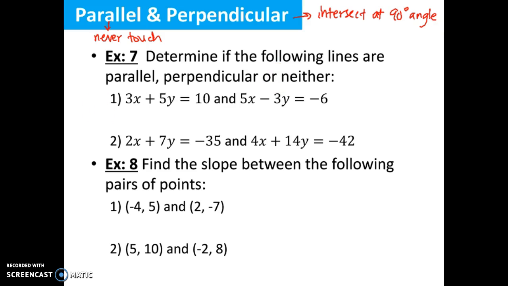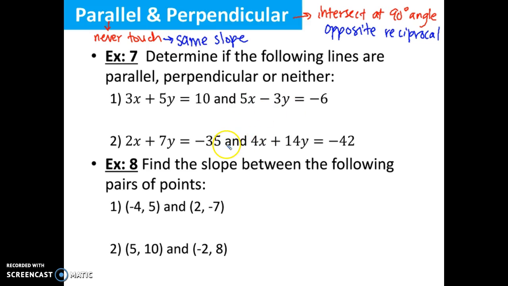All right, the stuff we know about parallel and perpendicular when we're looking at their equations is that parallel lines have the same slope. Perpendicular lines have slopes that are opposite reciprocals. The opposite is talking about the sign, so if it was negative, now it's positive, or vice versa, and the reciprocal means you flip your fraction. So if I look at example 7, I want to know if these lines are parallel, perpendicular,